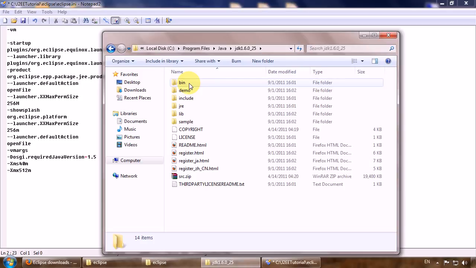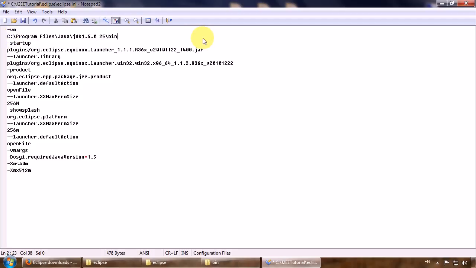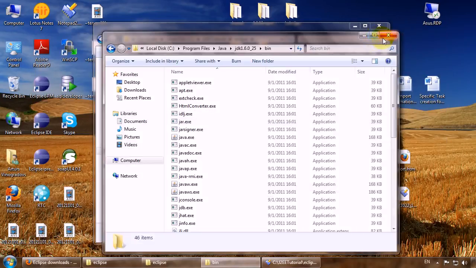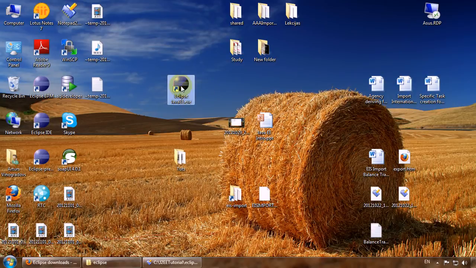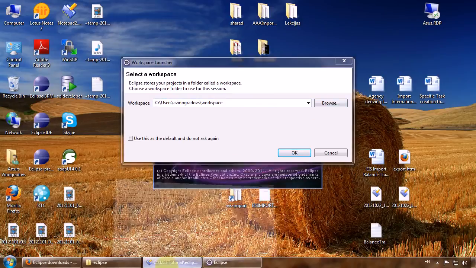So let's point to the bin folder, copy that path and paste here, and at the end you should say the executable name. It's called like that, and let's try to save this configuration and try to start Eclipse again. Okay. And it looks good. No more exceptions. So yeah, we fixed that problem, and